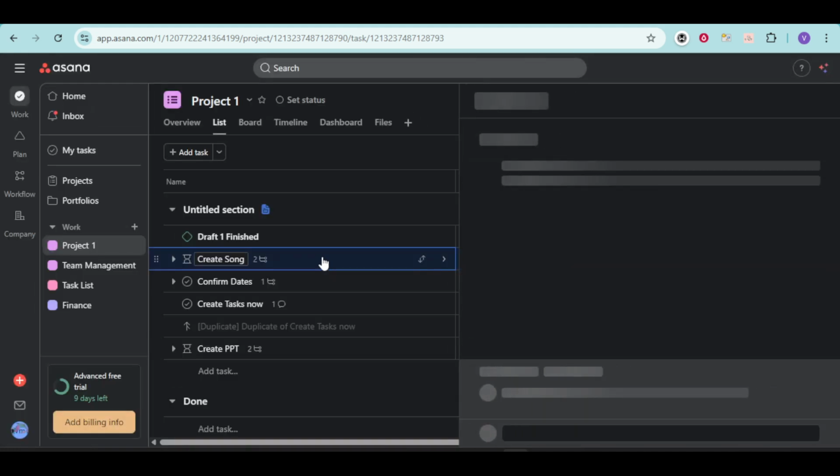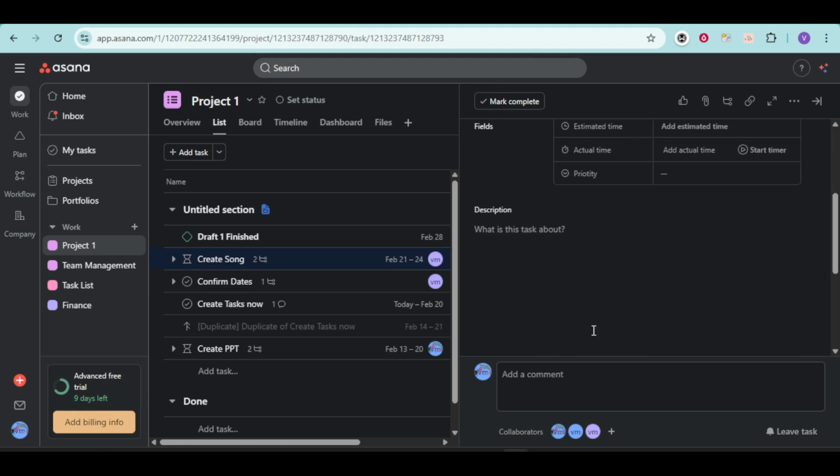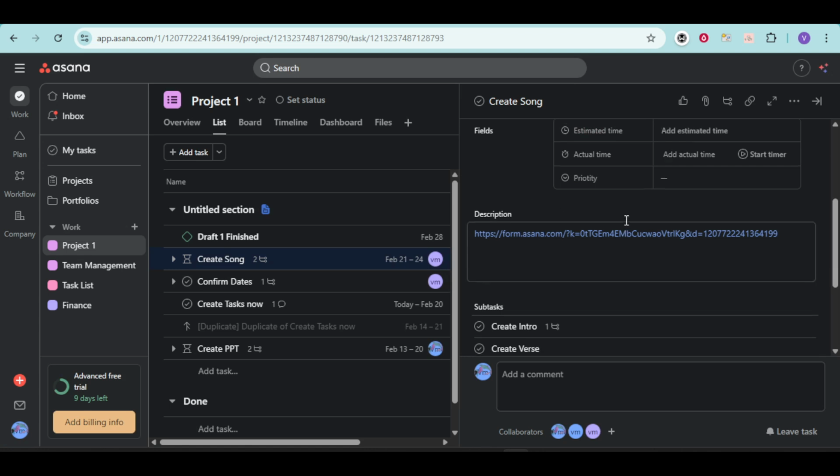Open the task where you want to collect input, then paste the form link into the task's description or a comment. You can also add it to the task's attachments or a pinned comment if your team relies on those for quick reference. This makes it effortless for collaborators to submit the right details without chasing down templates or sending